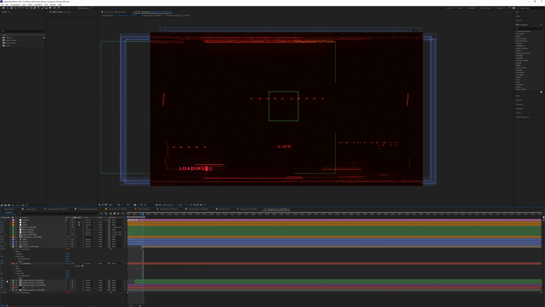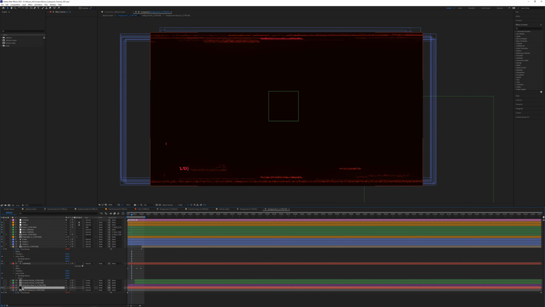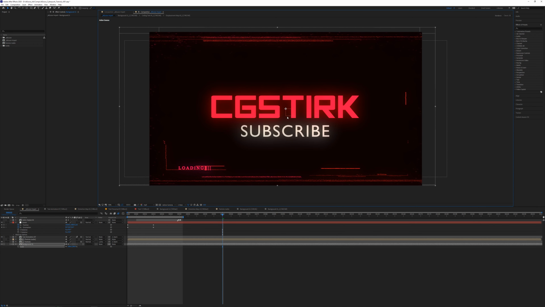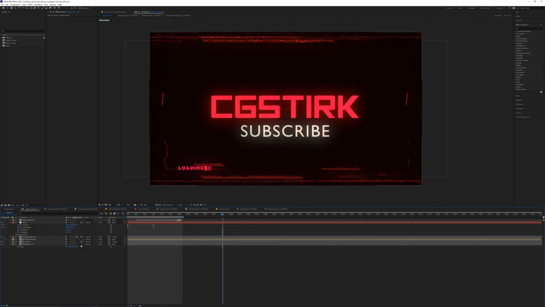So if we go through and just make sure you disable some of these things, these coding text layers, I think that would look a bit better. And then we don't need the backgrounds. And then we can go back to our main comp. Kind of like how that's framed there. And then we can also attach this to that null object, collapse the transforms, make it 3D, attach it to zoom, and then that will move with it as well.